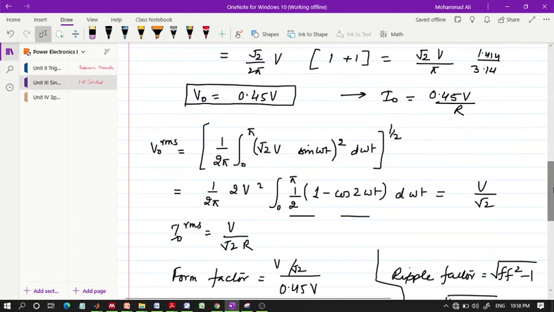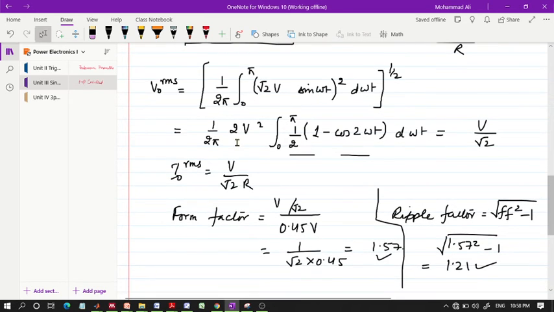Now let us talk about the RMS value. How am I going to deal with the RMS value? I'm going to take the square of the function, integrate from 0 to pi, divide it by 2 pi, and take the square root of this. The second part of this function will be 0, as we know. Now we will take the constant terms outside, and sine square of omega t can be written as 1 upon 2 times 1 minus cos twice omega t. This integration can be solved easily, and the whole expression will result in V upon root 2, the RMS value of the voltage upon root 2.